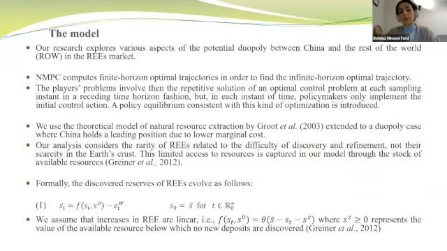So for predicting this possible transition, we consider the potential duopoly game, and we examine the interaction between these two players, I mean China and the rest of the world, and we analyze their market share. As I mentioned before, we use the NMPC technique, and with this technique, at each instant of time, each player can predict the effect of their own actions and those of their opponents on